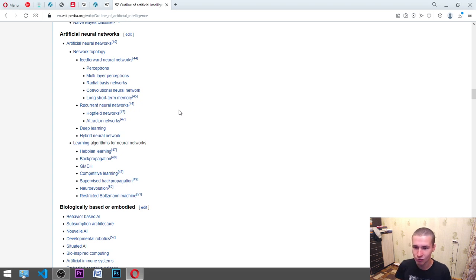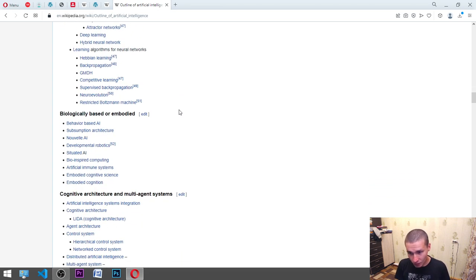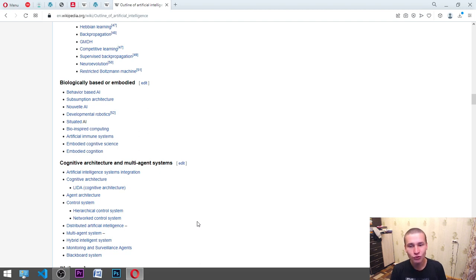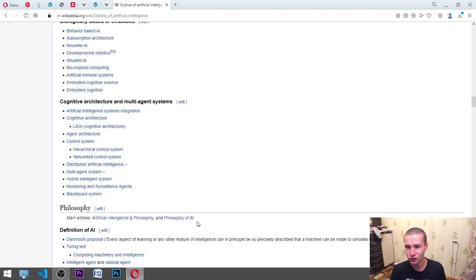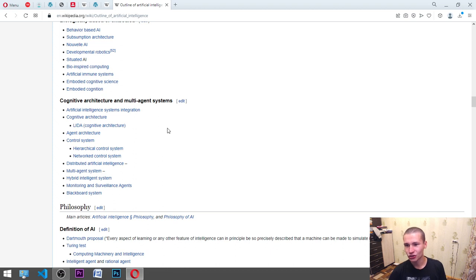biologically based or embodied, behavior-based AI, subsumption architecture, nouvelle AI, developmental robotics, situated AI, bio-inspired computing, artificial immune systems, embodied cognitive science, embodied cognition, cognitive architecture and multi-agent systems, artificial intelligence systems integration, cognitive architecture, LIDA cognitive architecture, agent architecture, control system, hierarchical control system, networked control system, distributed artificial intelligence, multi-agent system, hybrid intelligence system, monitoring and